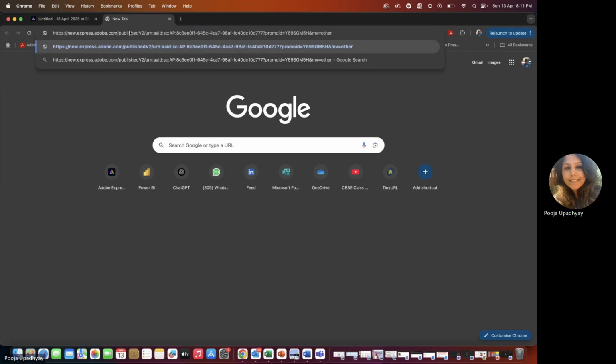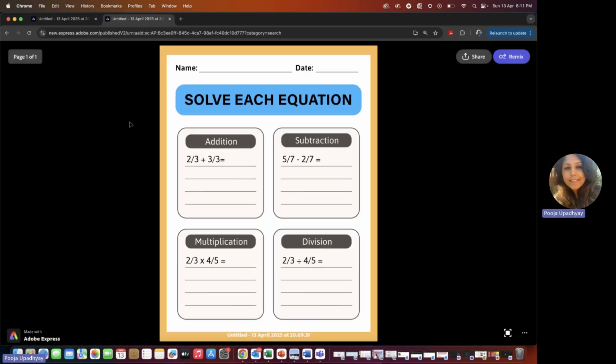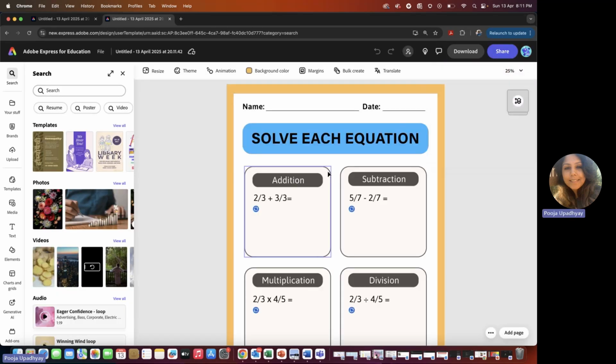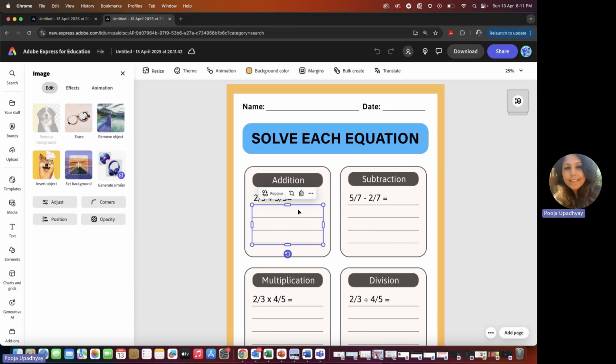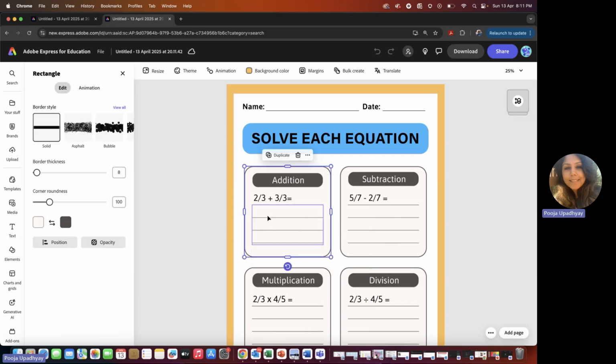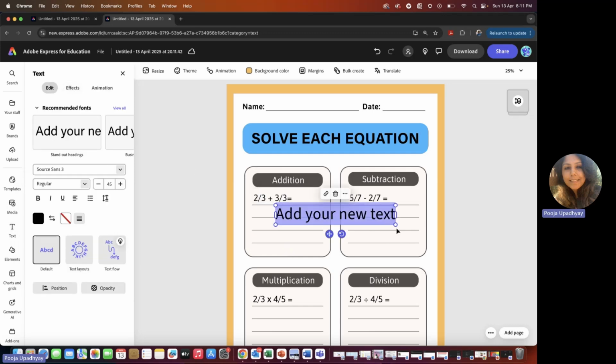When a student opens it through his or her own Adobe Express account given by the school, they'll get an option of remixing it. So I'm going to remix this, and I'm going to use this place to write my answer. This is one way in which the students can do this. Now, to write the answers, there's this option of text. They can click on add text, put it in the box, and type their answers. So that is one way of doing it.